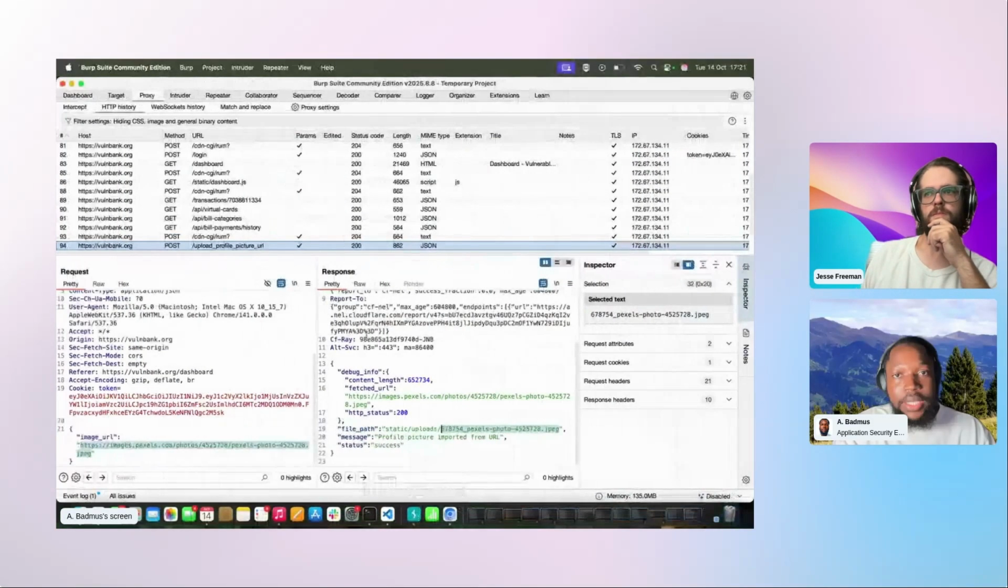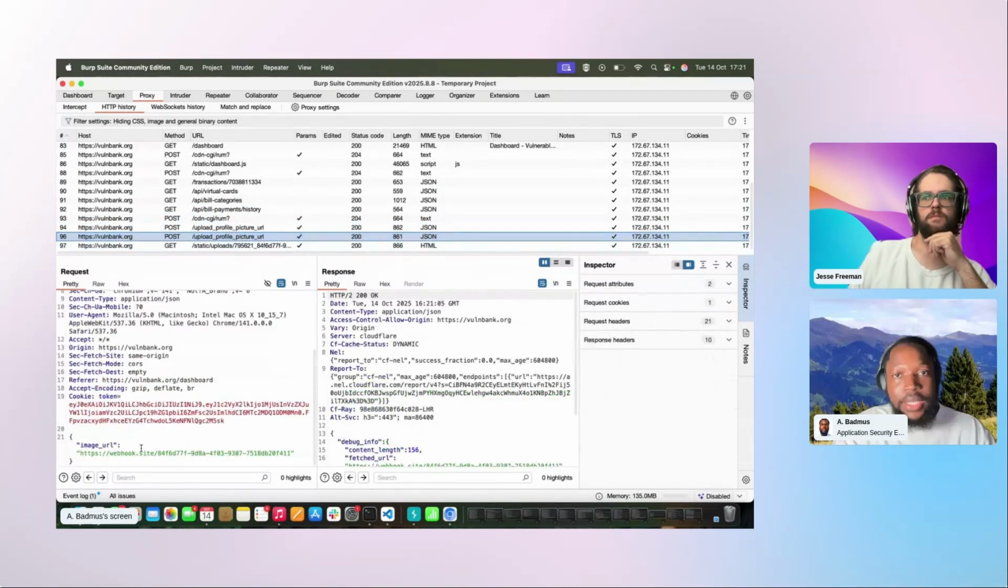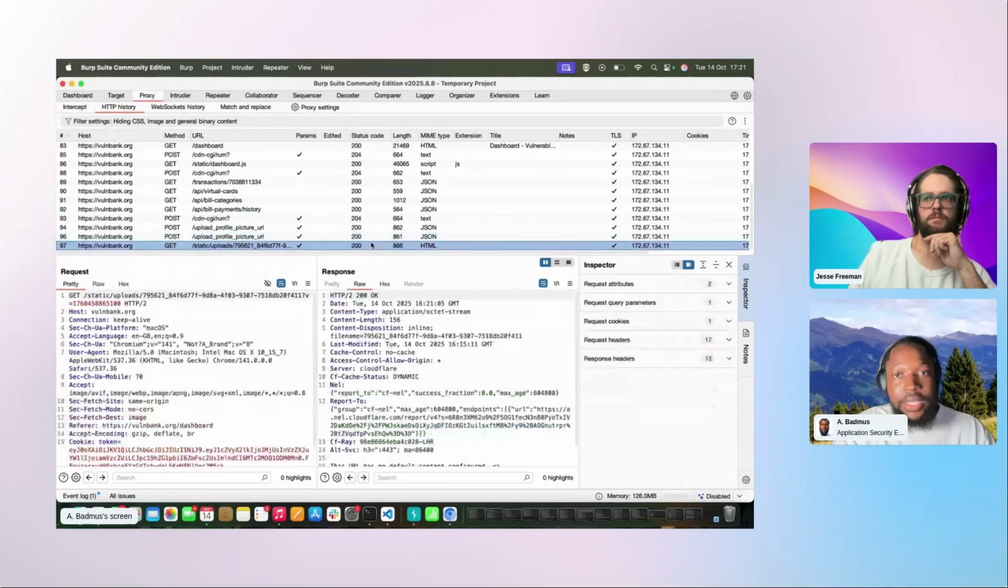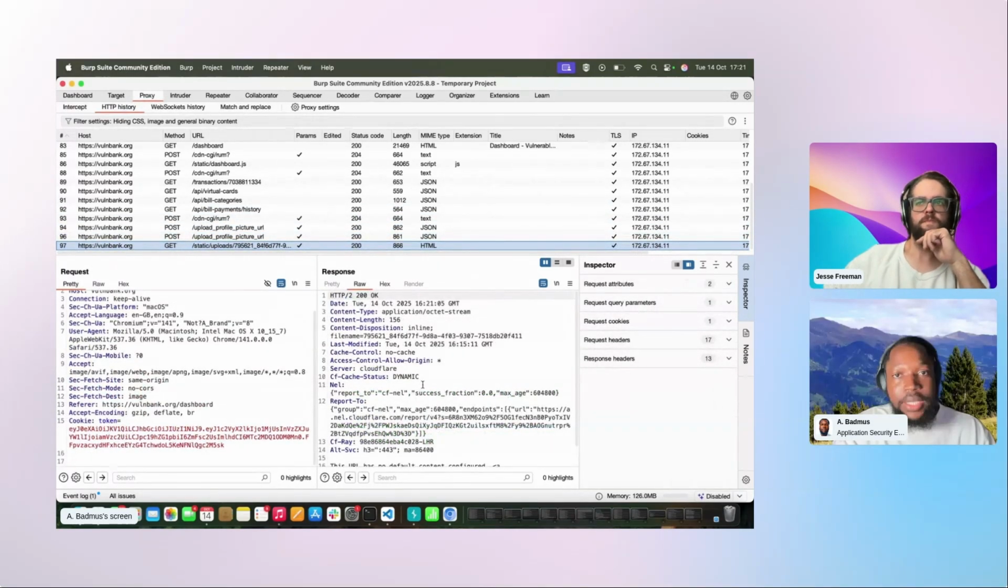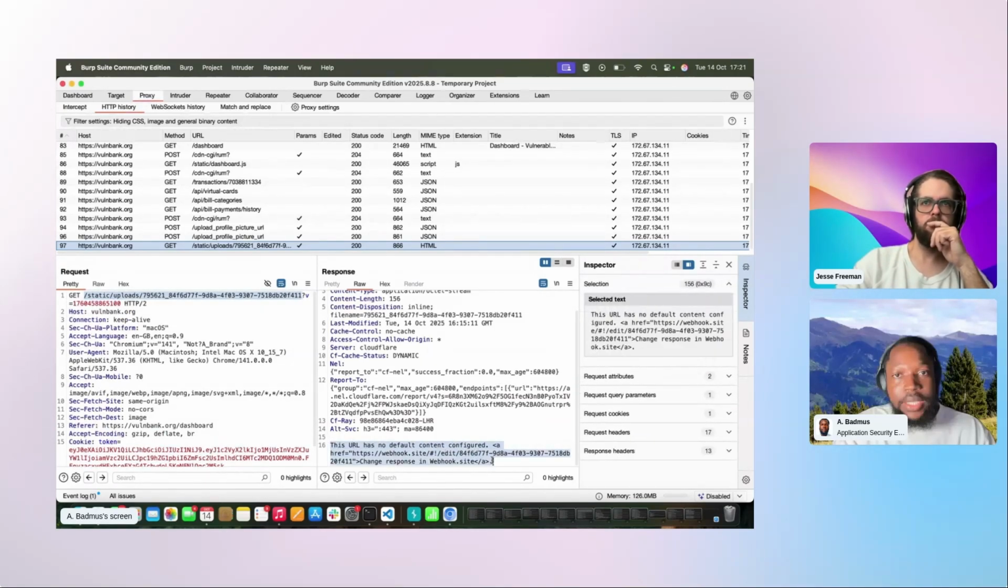And if we go to the requests, you can see the URL we sent to it, and it also stored the file somewhere, and it tried to make a request to that file. You can see it here, and we got "this URL has no default content configured." If we are able to get this same version on webhook, then it tells us that the application is vulnerable